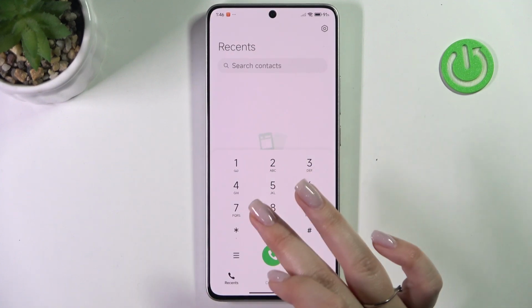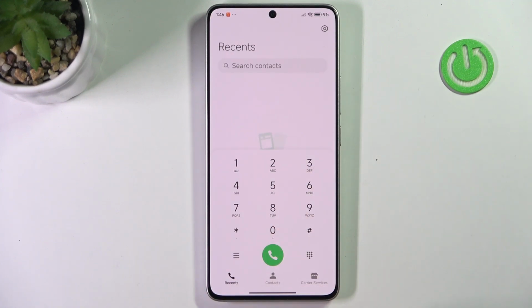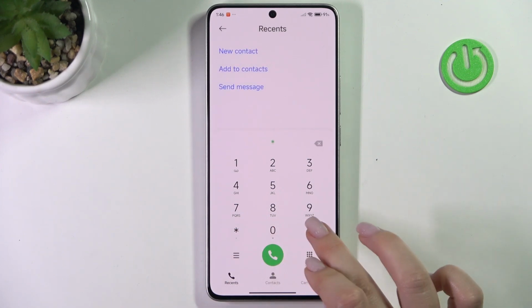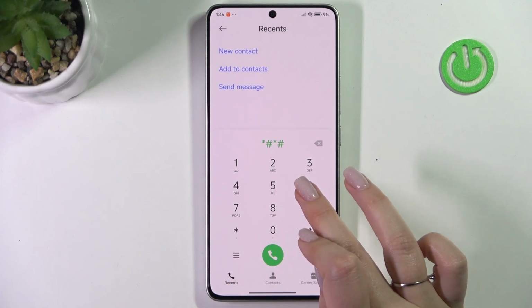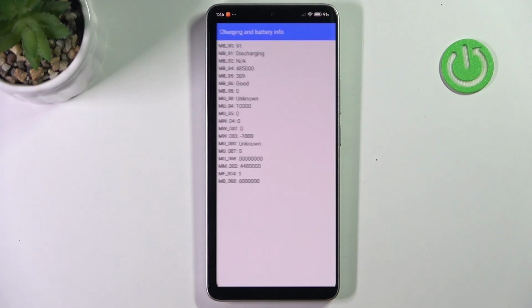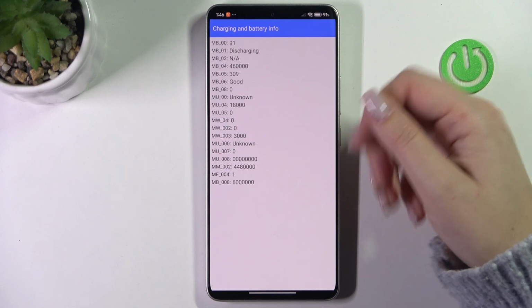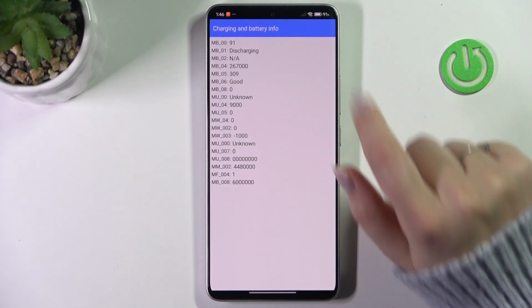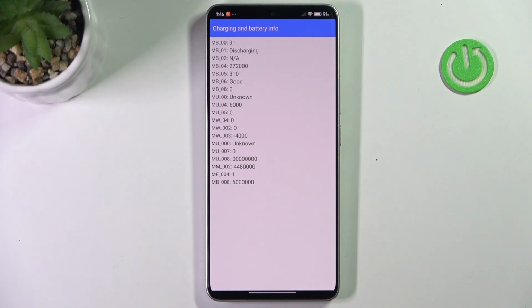Let's go back and let me show you another code which will open the section with the battery information. It is *##6485###. And here we've got the charging and battery information, so we can check whether it is charging or discharging,